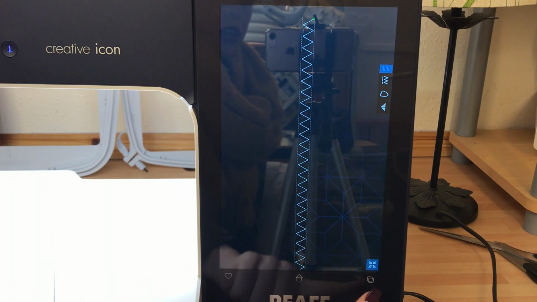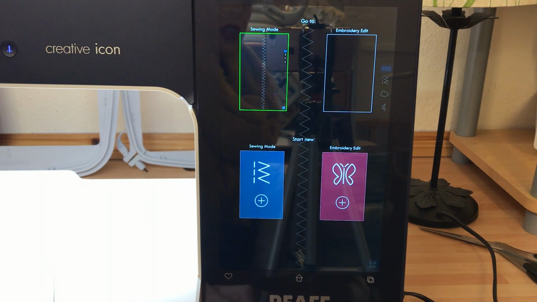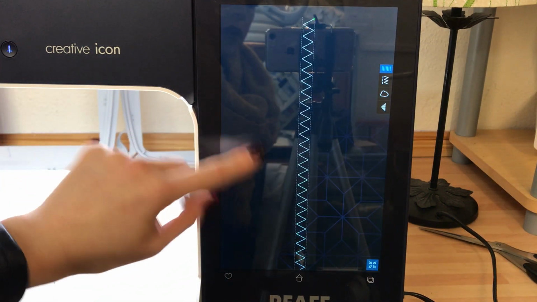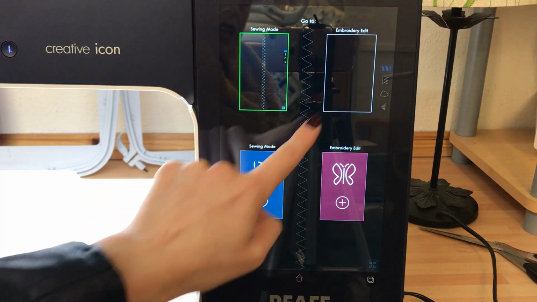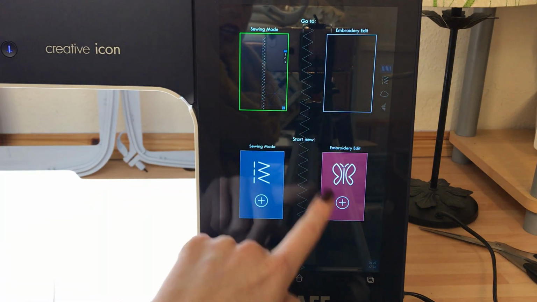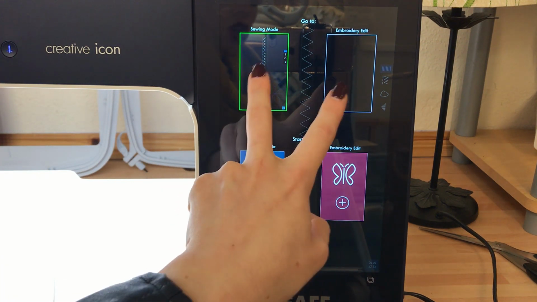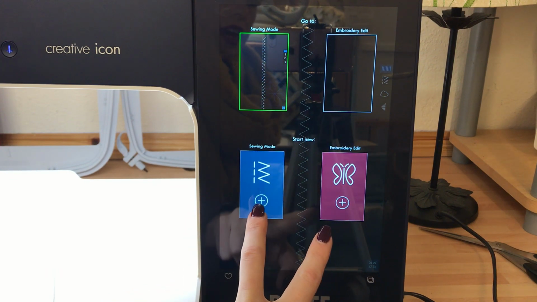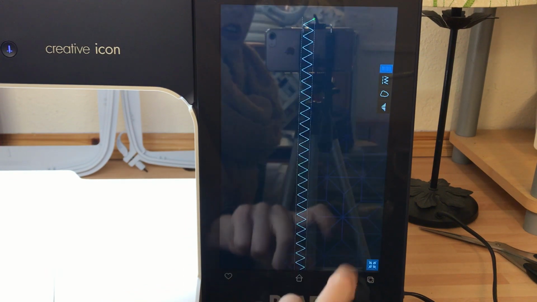If I then wanted to look at embroidery, I could simply hit the button we spoke about earlier, the split screen button. You can see my sewing modes there. There's an embroidery edit button, and then you've got the two current things you're working on, and then you've got the start new. So if I start new embroidery,